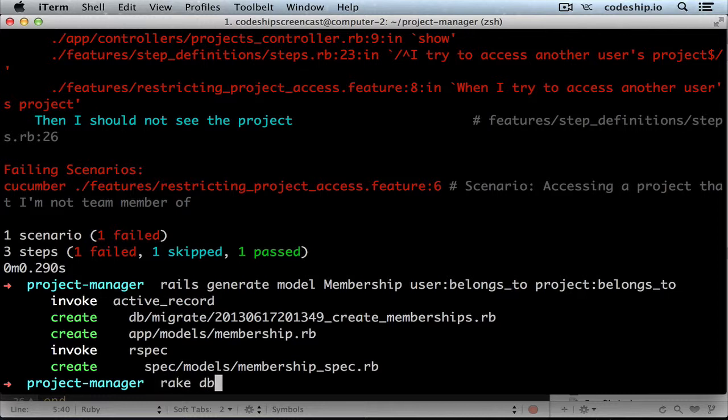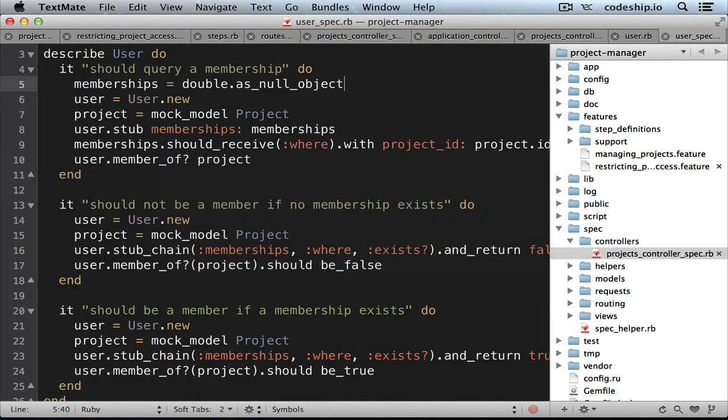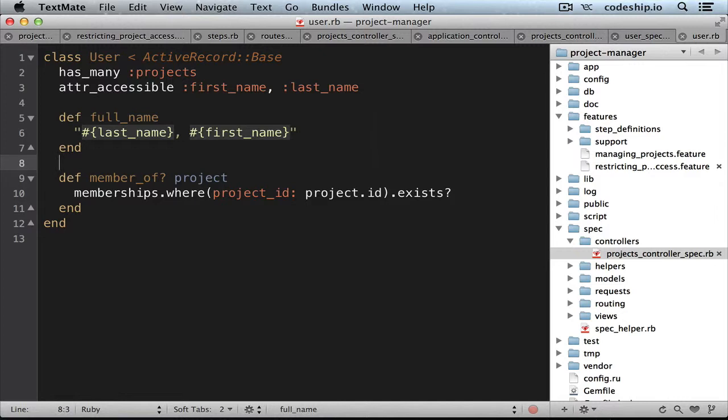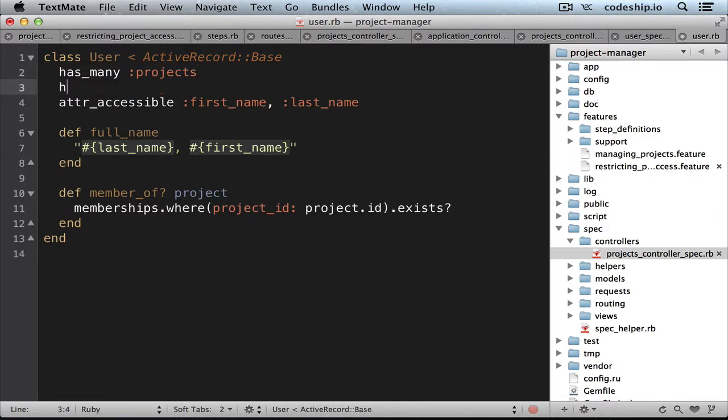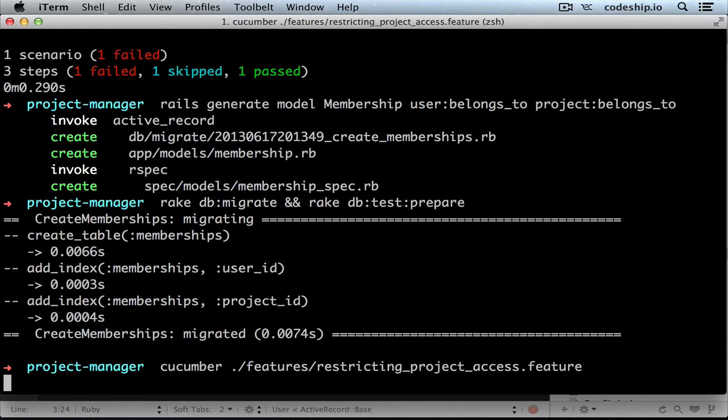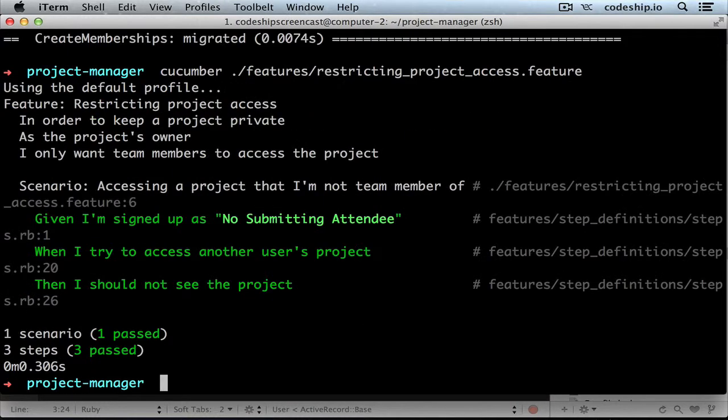Now we can migrate our database and prepare the test database as well. The only thing left to do is to tell the user that it also has many memberships now. And if we run Cucumber again now, everything works. The nice thing about this outside-in approach is that you define the methods you need first and take care of their implementation later. Without this approach, we would have probably started by creating the membership model, and then we would